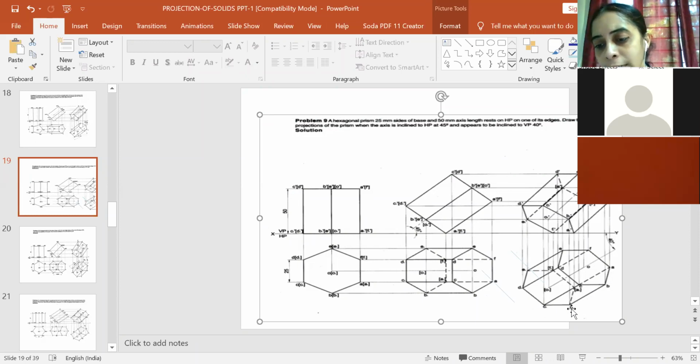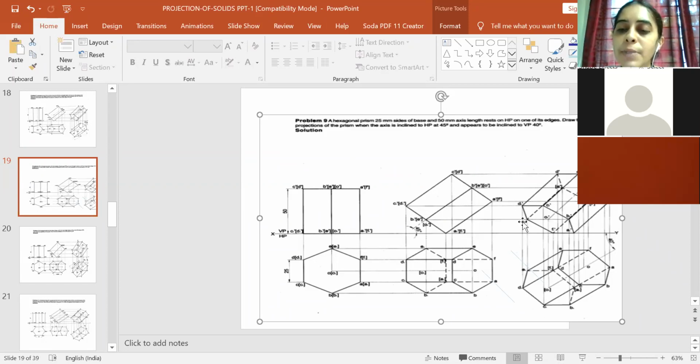One more hidden line is A1 dash to B1 dash, so A1 and B1. So if you take the projection from B1, all the projections of the point B1 dash here are at the outer boundary, B1 dash to B dash, B dash to C dash, B dash to A dash, and hence all these three cannot be hidden. So you can cross check like this after you complete the front view.